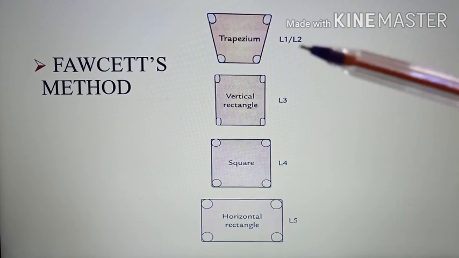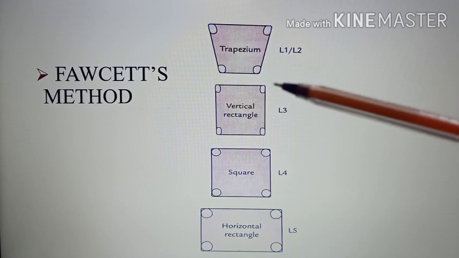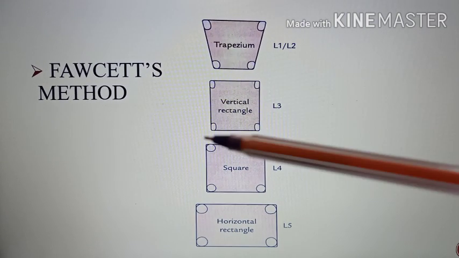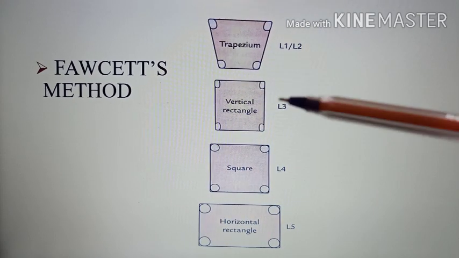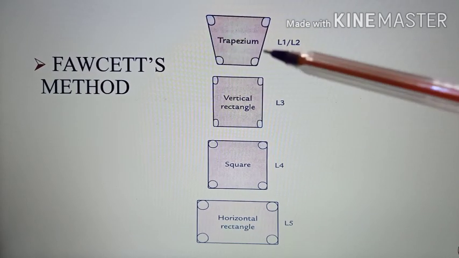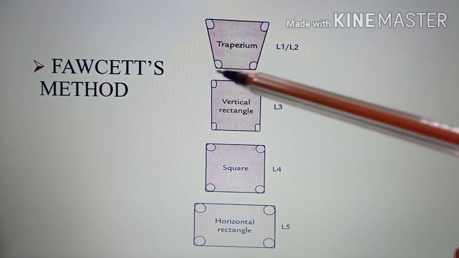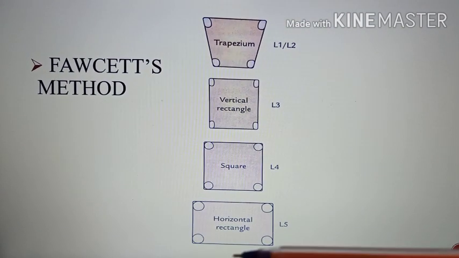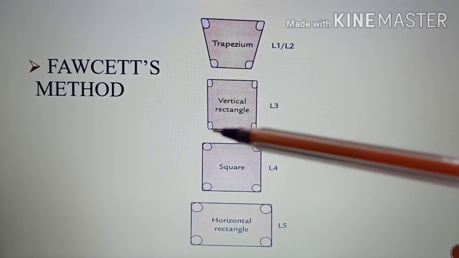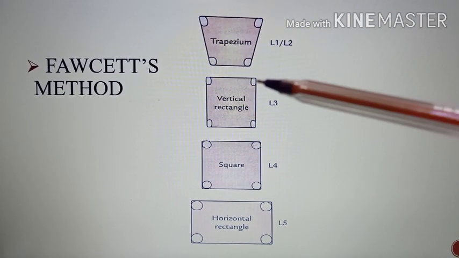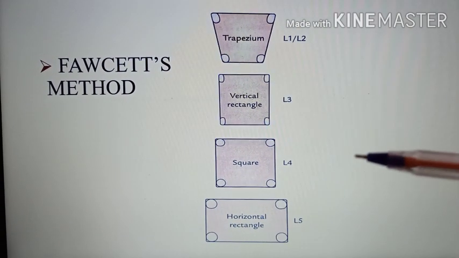So when we see the lumbar vertebra from behind, if you see an individual lumbar vertebra, a four-sided figure can be constructed by joining the four articular processes. So here there will be the superior articular processes, this will be the inferior articular process. So in all the lumbar vertebrae, comparing the superior articular processes and inferior articular processes, a four-sided figure can be drawn.